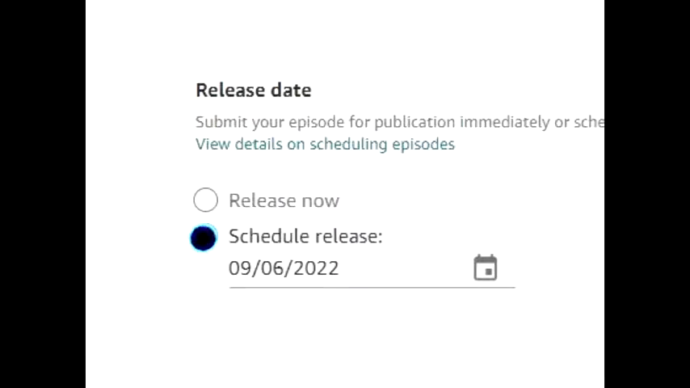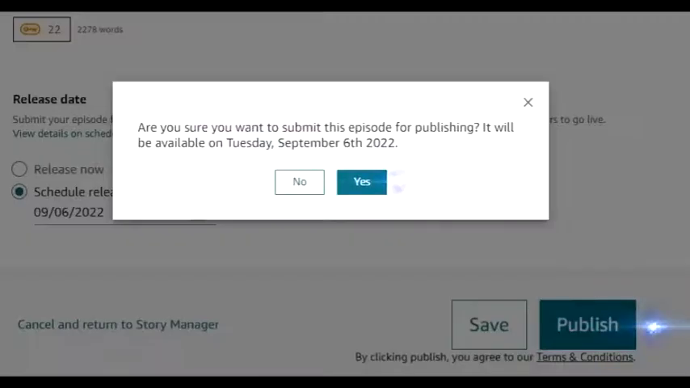So I hit the Schedule a Release button, and there's this lovely little calendar icon. If you don't want to type the dates in manually, you just click the calendar and click the day. The next step, it will ask you, are you sure you want to submit this episode for publish? It will be available on, and it gives you the day and the date. And then you just hit yes,